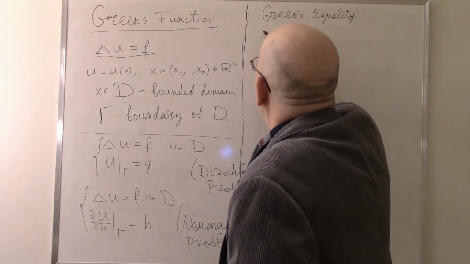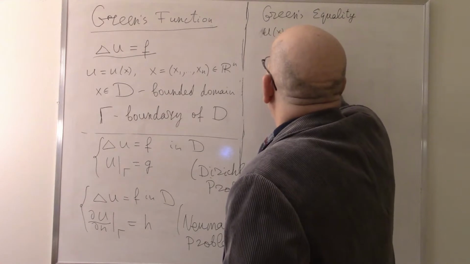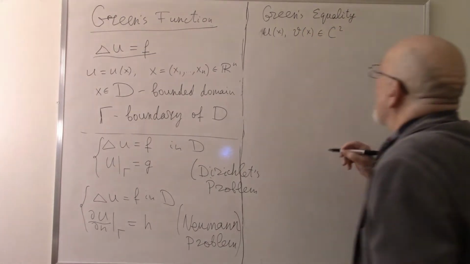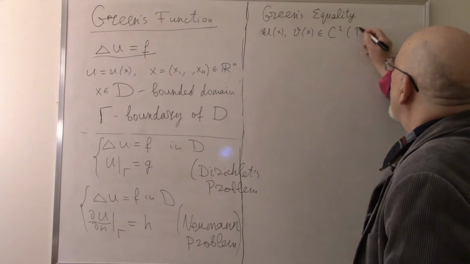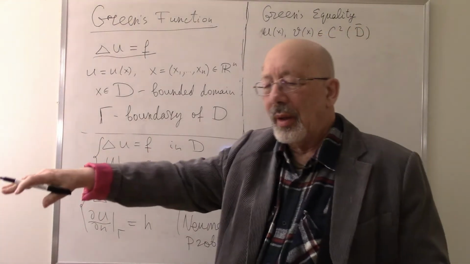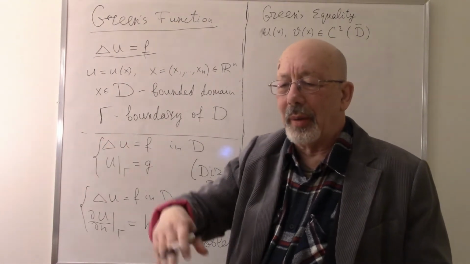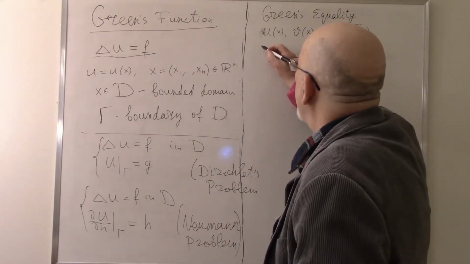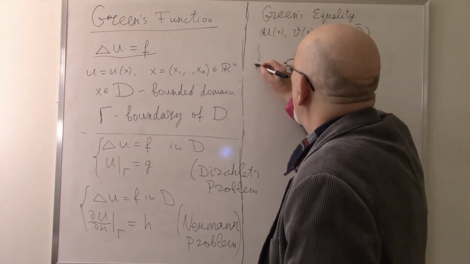So suppose, say, u of x, v of x are twice differentiable functions in domain D bar, which means that they are continuous and the derivatives are continuous up to and including the boundary. Then this Green's equality is the following: integral over D